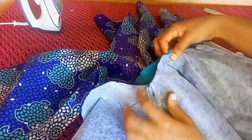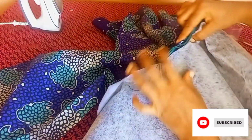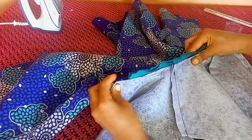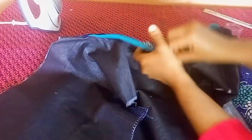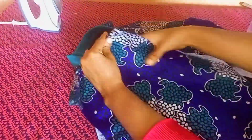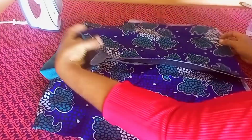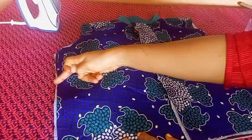So imagine if this lining was to be a very fancy fabric, or maybe another pattern of Ankara fabric, or any other patterned cotton fabric. Looking at it, you can see how beautiful it looks, except the pocket may be an exception if you were to do it as a reversible bumper jacket, or go through the stress of also adding a pocket inside the bumper jacket so as to be able to wear it on the reversible parts. So I'm done here fixing the lining on the neckline,